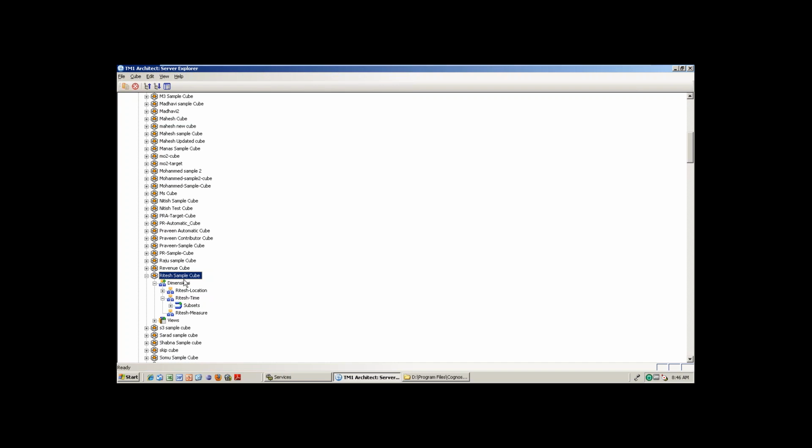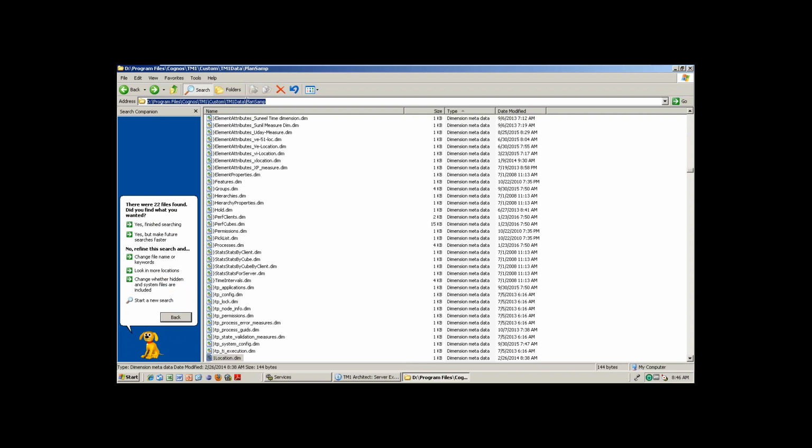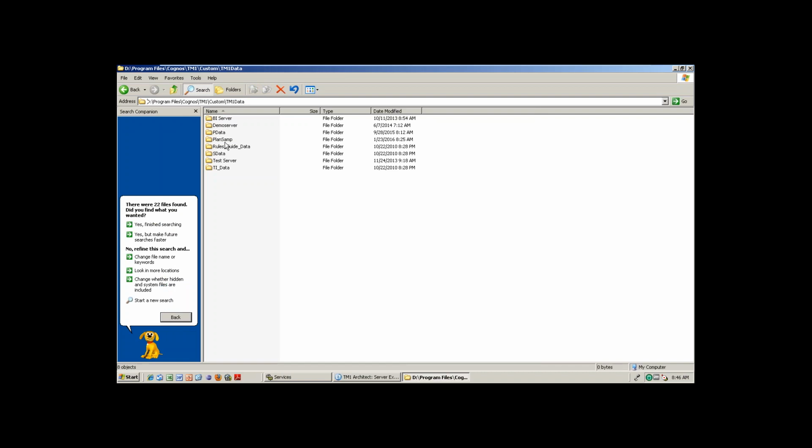You're talking about the TM1 data folder in the D drive? Exactly, this one. And we are going to copy only plan sample, right? Come again? No, this entire folder will be copied. We will copy only plan sample. Yeah, exactly, that's server related only. Okay. But normally it is not in this structure, right? Planning sample, I will show you like this. It will be there in the original.